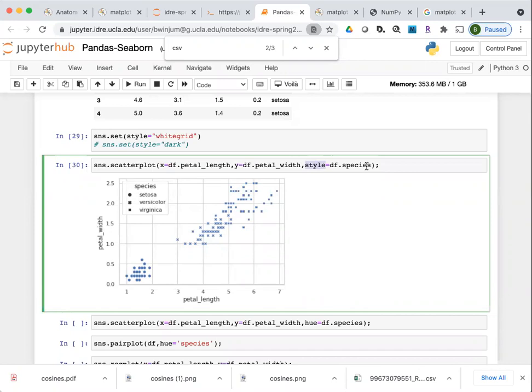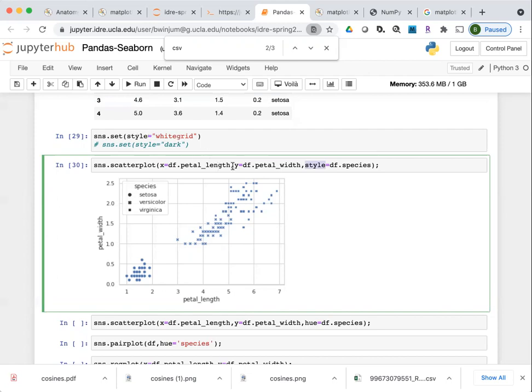So if you're working with categorical data and you want to plot all of the data on the same plot, but plot the categories with different styles to see if there's an easy way to differentiate between them, Seaborn gives you a very easy way to do these visual comparisons without a whole lot of effort in the plotting parameters.